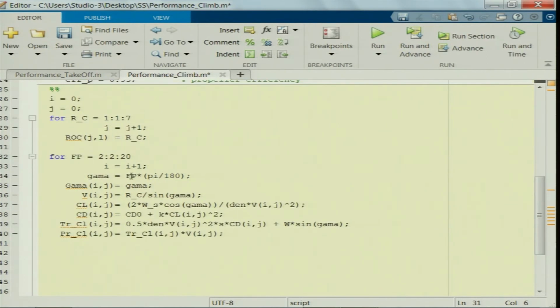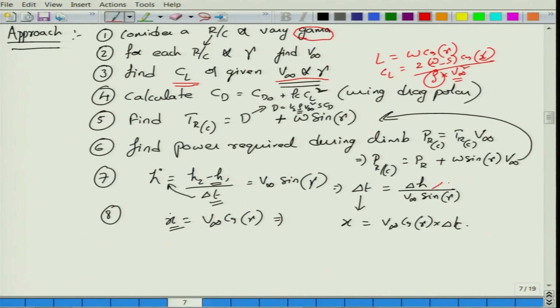So, here the rate of climb is fixed, and this vertical distance is fixed. That means this will not be a variable inside the second loop, it should be a variable in the first loop itself.